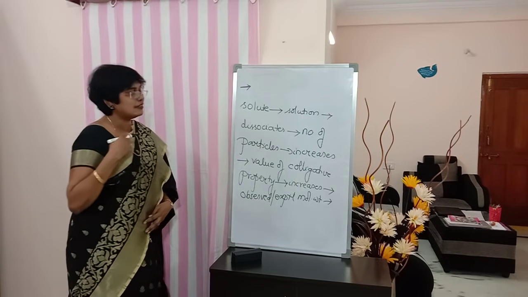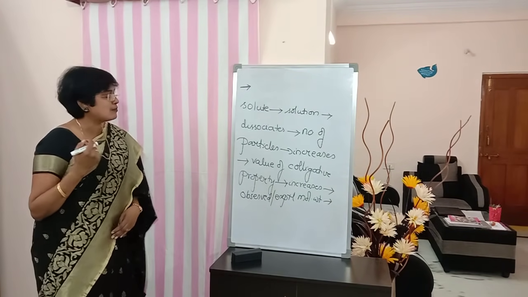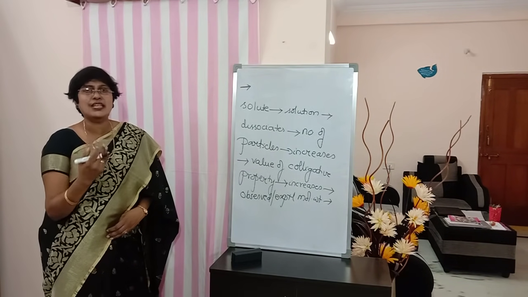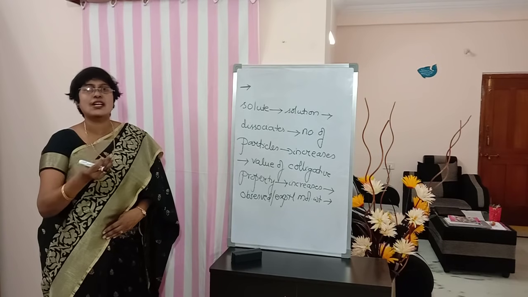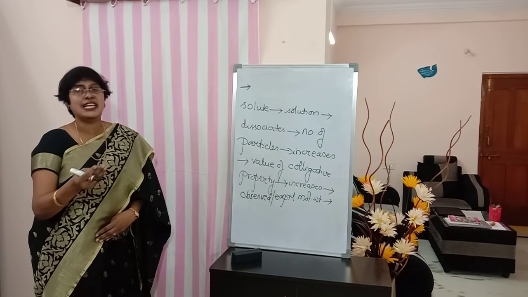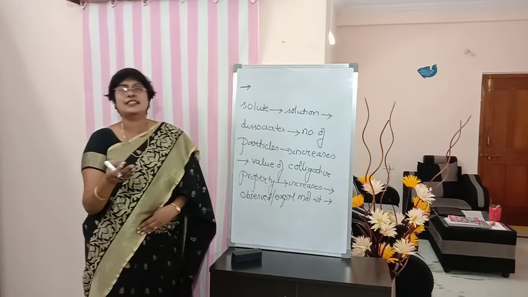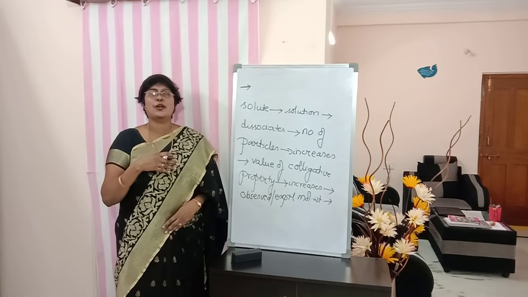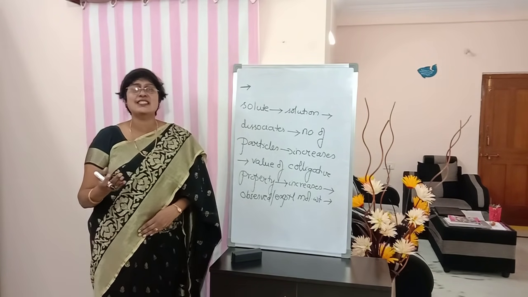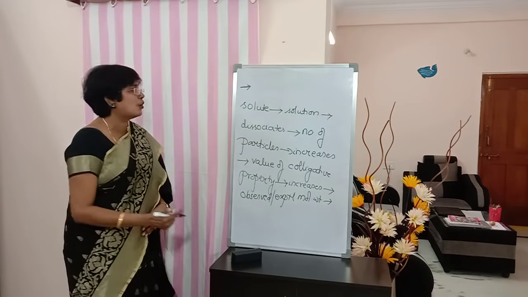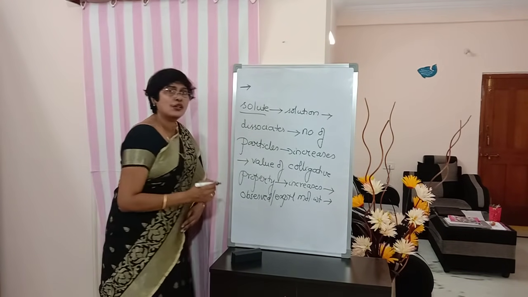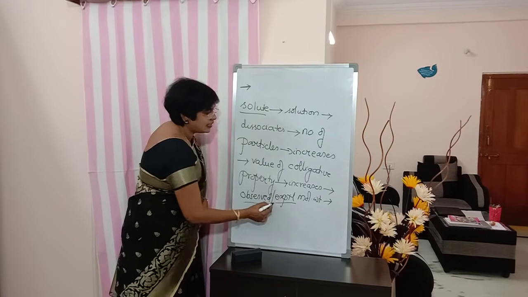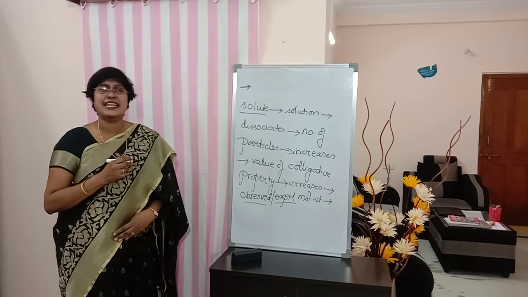Why am I writing observed or experimental molecular weight? This is after doing the experiment. We have dissolved a solute in a solution. Then we observed that it dissociated into ions. Then we calculated colligative property. It increased. So now if we calculate the molecular weight of the solute after dissociation, the observed or the experimental molecular weight will be